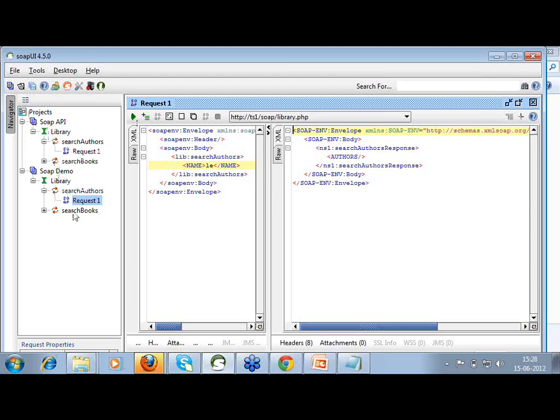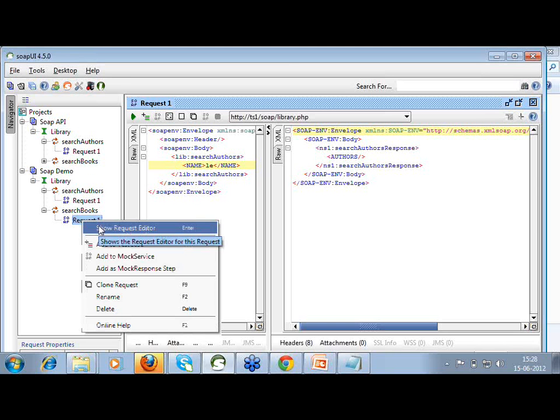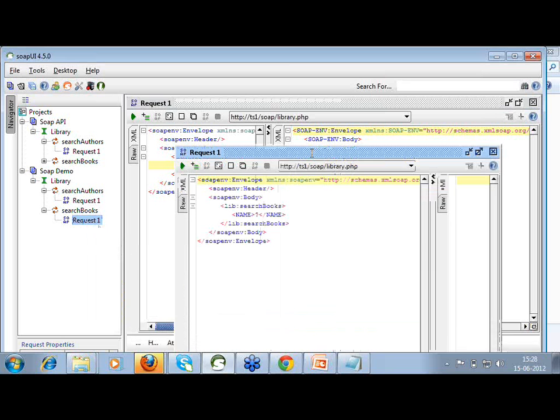It's quite easy. Just create one project, and I have two requests here. You can just launch the editor.